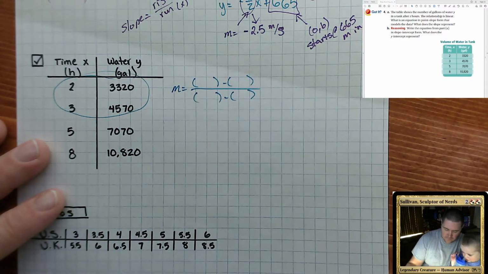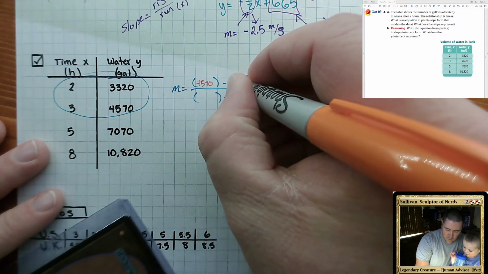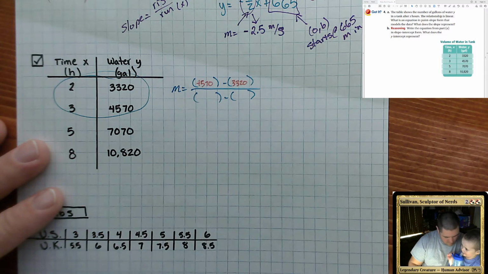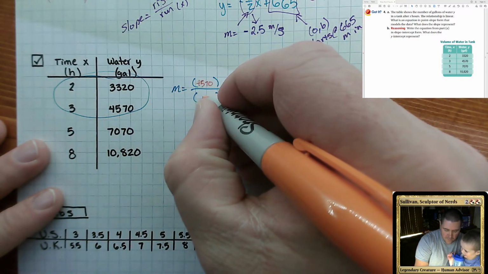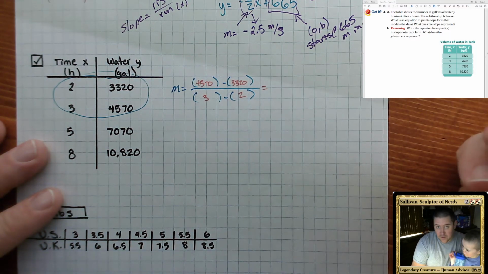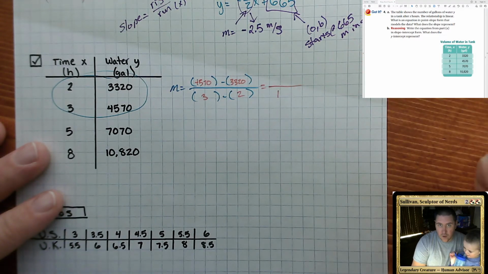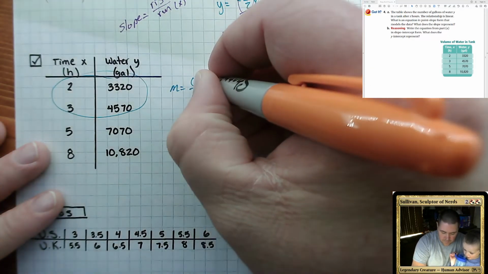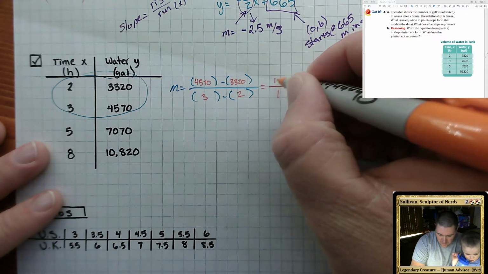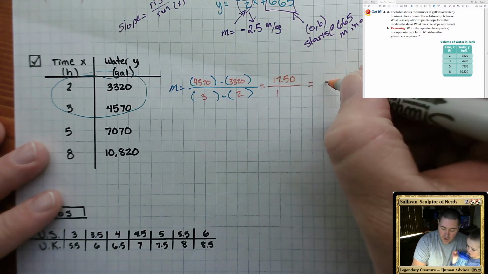and say y sub 2, 4570, y sub 1. We're not making lines this time. X sub 2, x sub 1. And the reason I chose these, not just because they're smaller numbers, but 3 minus 2 is just 1. So it's going to give me a whole number, an integer slope. So 4570 minus 3520 is going to give me 1250 over 1,